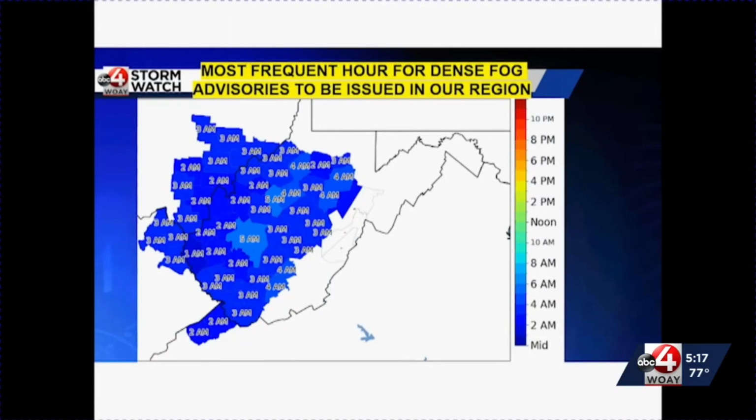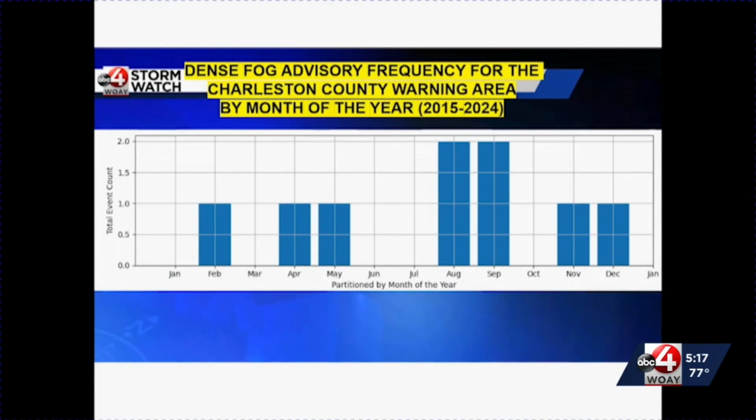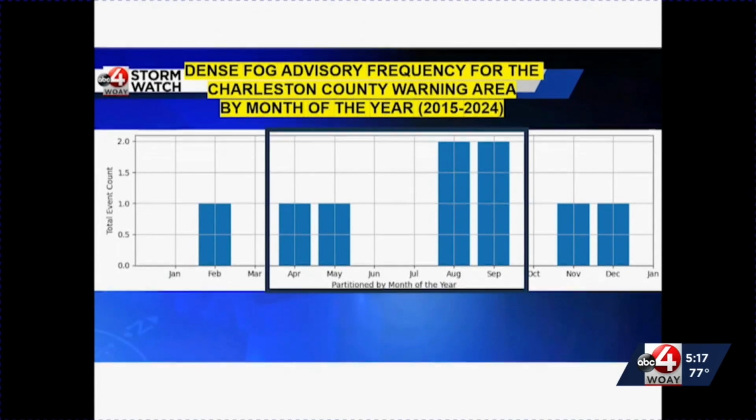Historically, we are known to have dense fog advisories issued between 2 and 3 a.m. in the morning, and April and May are the 2 months out of the spring season with the most dense fog advisories, and then late summer into early fall, August and September also have a very high frequency of dense